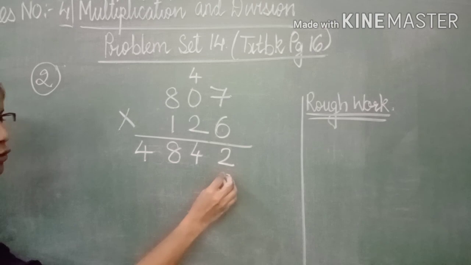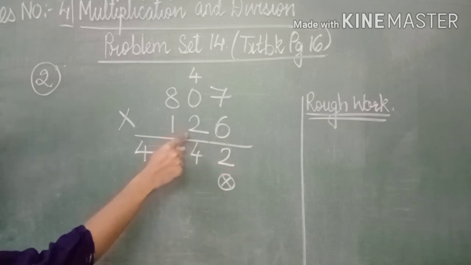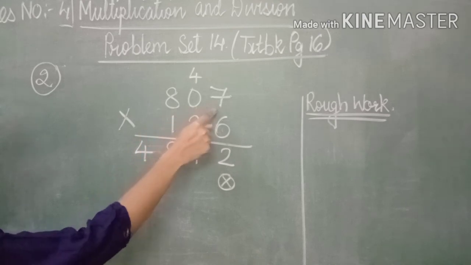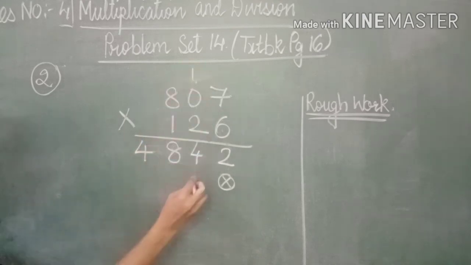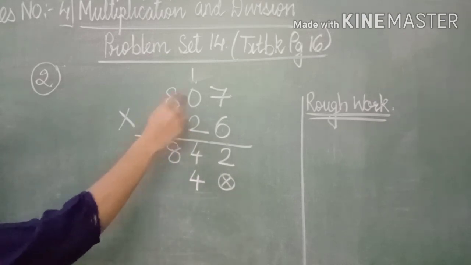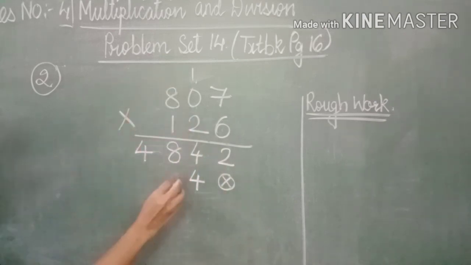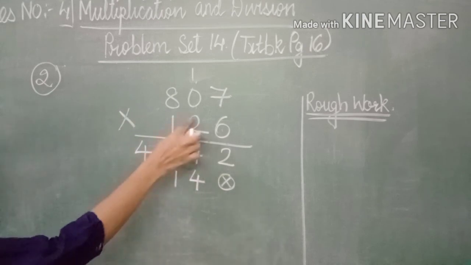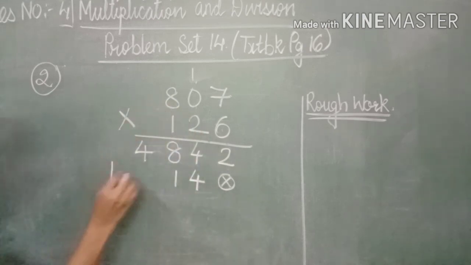Now we are going to do the calculation for number 2, which is coming in the tens place. So 2 sevens are 14. 1 will be carried up, 4 will be written down. Again 2 zeros are 0 plus 1. Then 2 eights are 16. You have to put the plus sign here because we are going to add those.